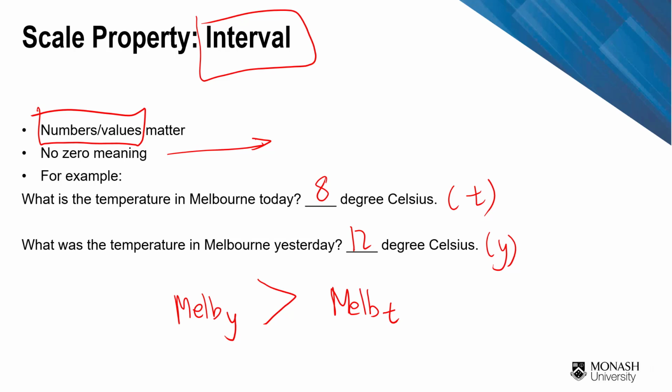First of all, value matters. Here, 8 and 12, and mathematically 12 is higher than 8, right? But the reason why this is what we call interval is because there is no zero meaning. Now, what does it mean by a zero meaning? Zero meaning is an analogy of